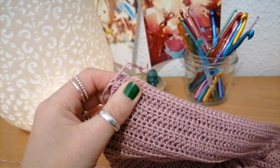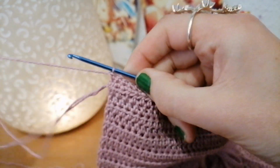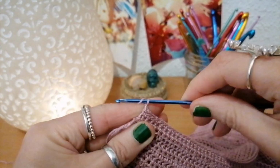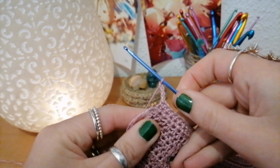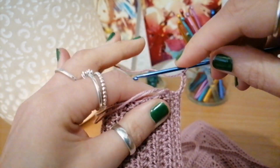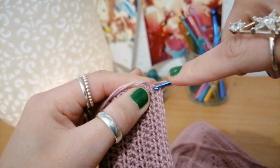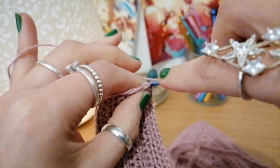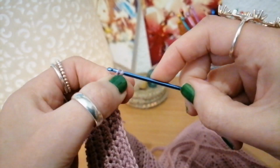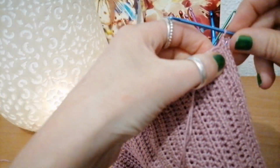So what we're going to do now is I'm going to put in a chain to create one of the links on the side just here. So for that, I'm going to make a chain of 4. So 1, 2, 3, and 4. And then into that same stitch that I've already gone into, the chain space of 4 is like a turning chain, but I'm going to put a half double crochet into that stitch that we've already put that single crochet into at the end. So a half double crochet into that stitch, because I'm going to be putting half double crochets along the bottoms of the cups. And first what we need to do,